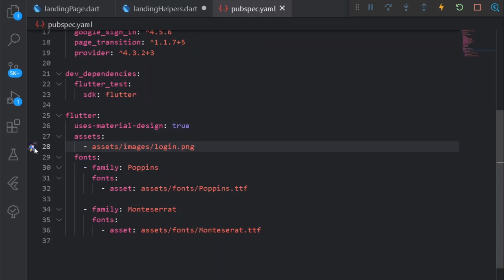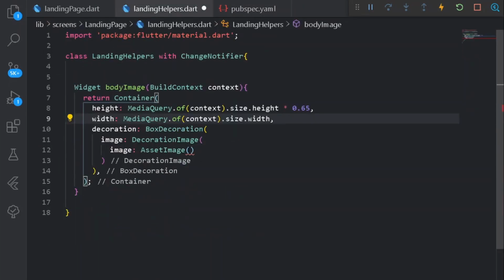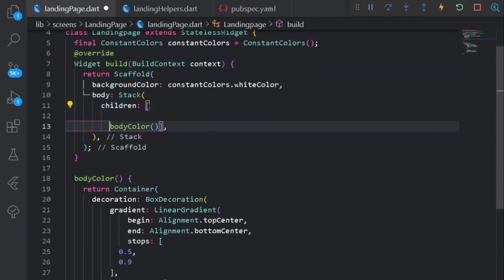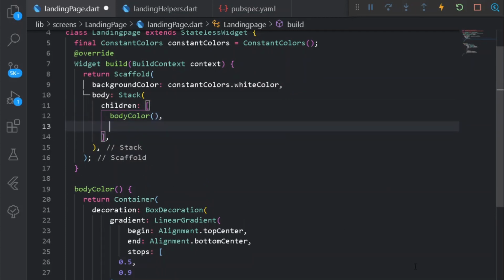Alright, we are getting a preview of our image here. So for that, let's copy the entire thing and paste under our asset image. So once we have done this, let's go under a landing page. Alright, let's align it properly. So after having the following body color under our stack, the widget which is at the top post shall be at the bottom of our entire screen.